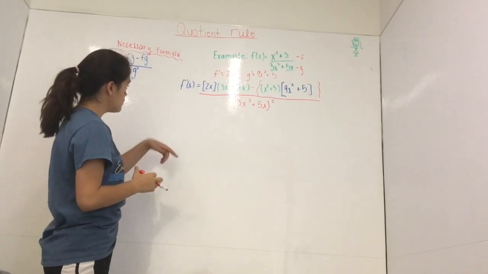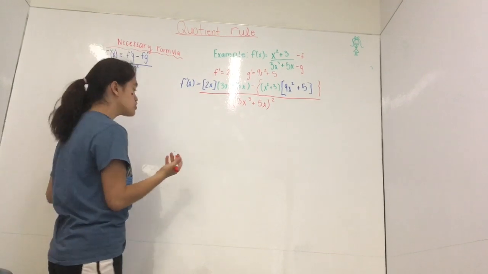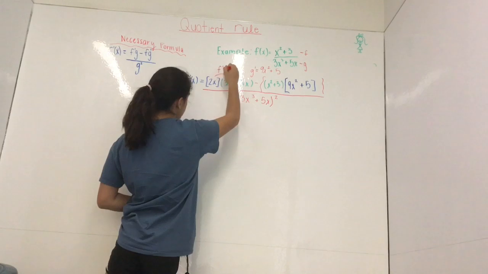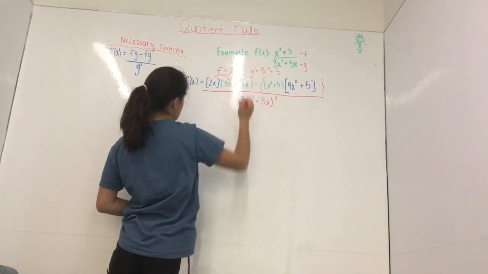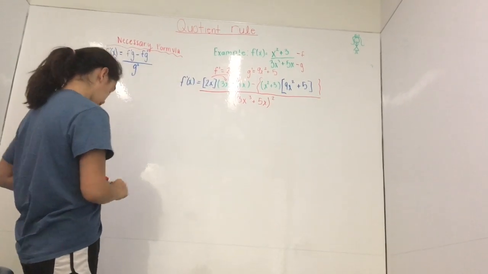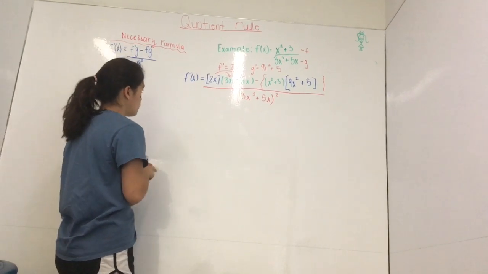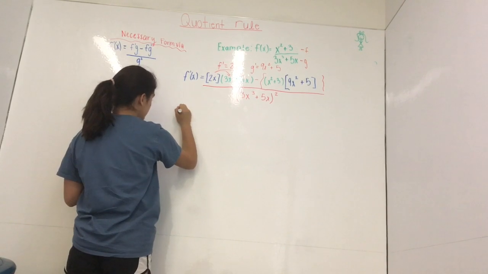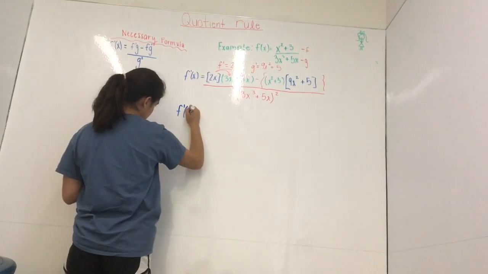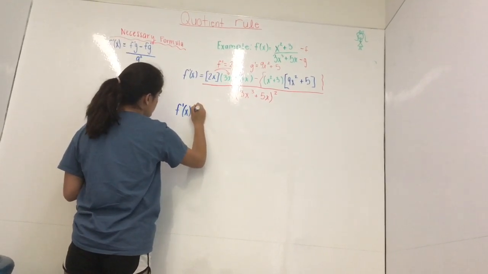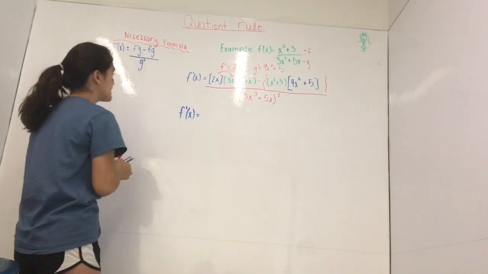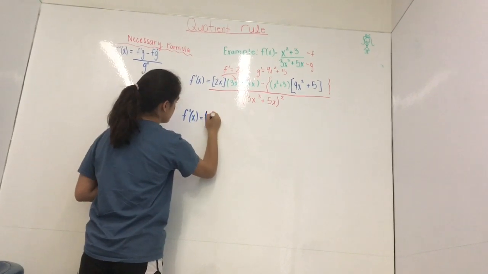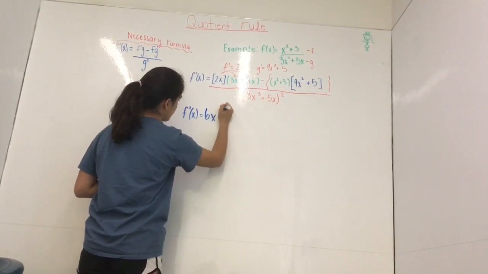So what we're going to do first is distribute the 2x into the 3x cubed and the 5x. When we do that, let's take this and rewrite the derivative of f of x. Then when we do that, we get 6x to the 4th